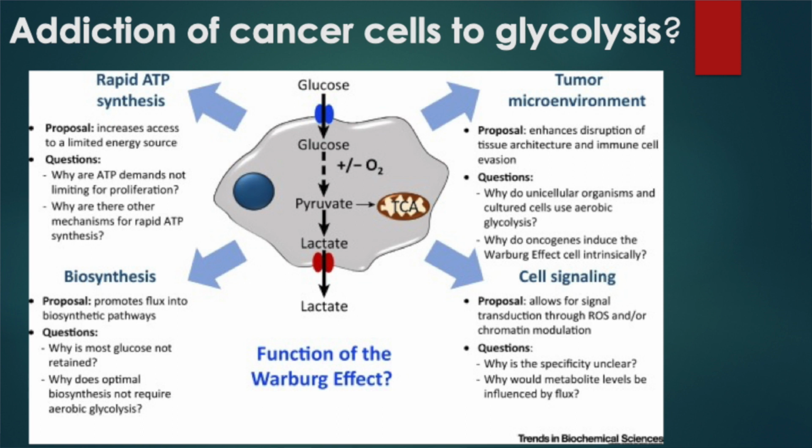So why are cancer cells addicted to glycolysis? First of all, I mentioned the tumor microenvironment. Around the tumor, lactic acid secretion produces an acidic environment, and this acidic environment prevents immune cells from attacking the cancer cells. Secondly, lactate acts as a signaling molecule and promotes growth in cancer cells. Finally, biosynthesis of macromolecules is helped by aerobic glycolysis. These are the reasons why cancer cells are addicted to the glycolytic pathway.